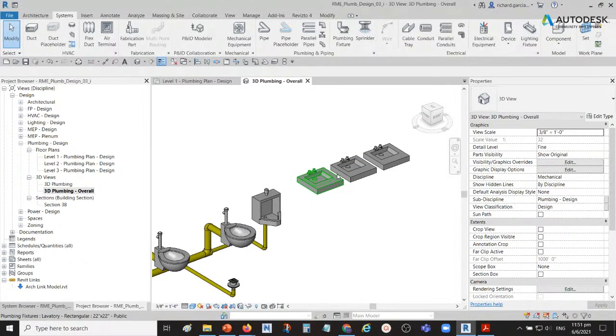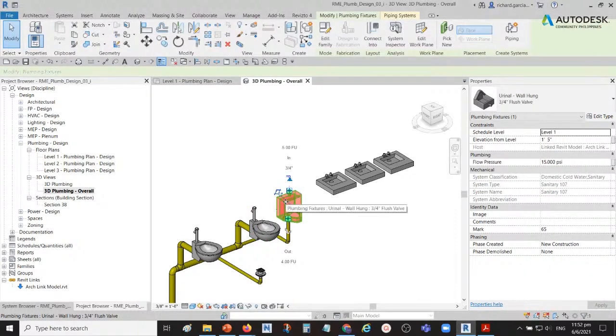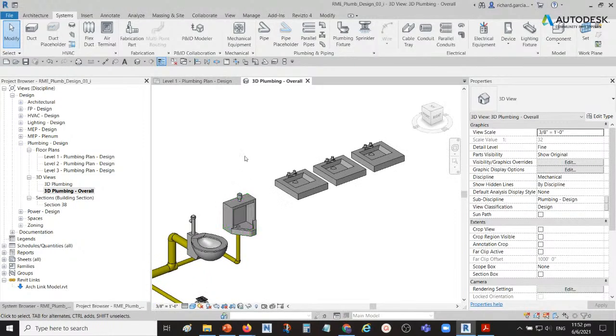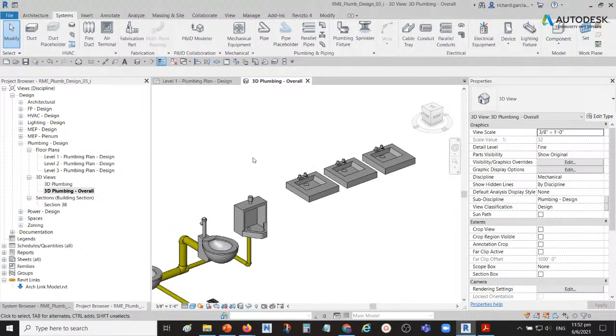Okay, so let's add this to the system. What you do is you click one of the family that is already part of the system. You can click the drain, the water closet, or the urinal. And then after that, oh, by the way, one pro tip. For you to be able to know if the element is already part of the system or not, you just simply select it. You click that,